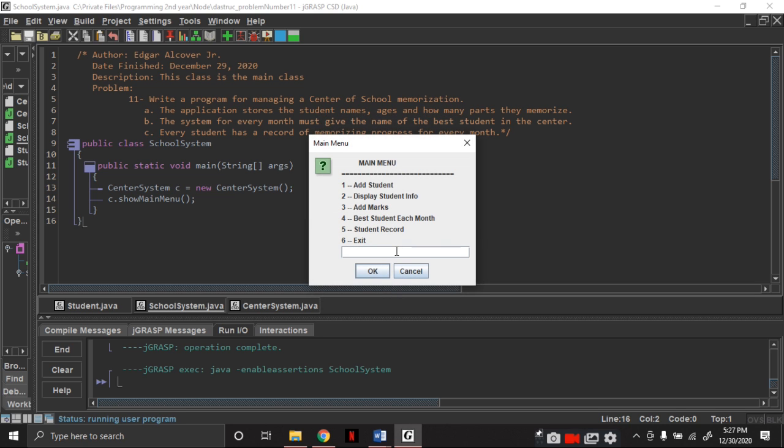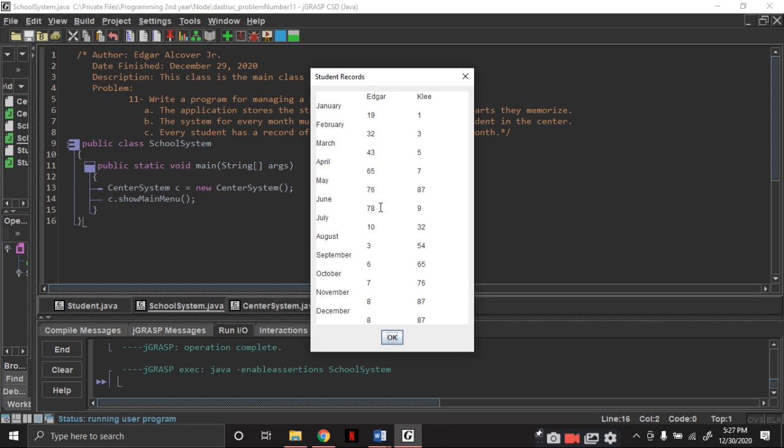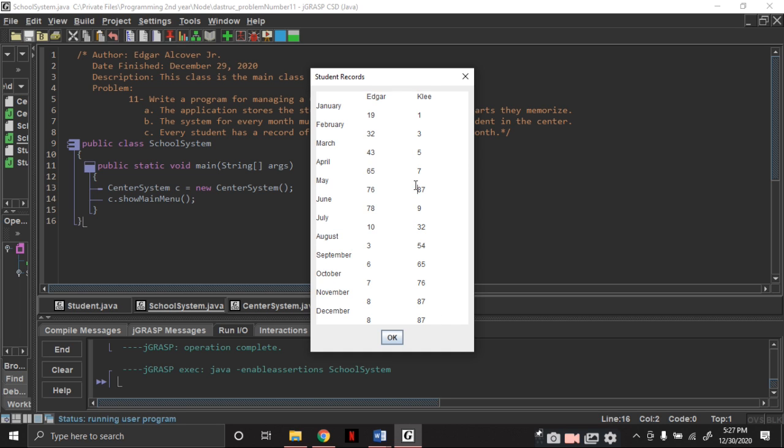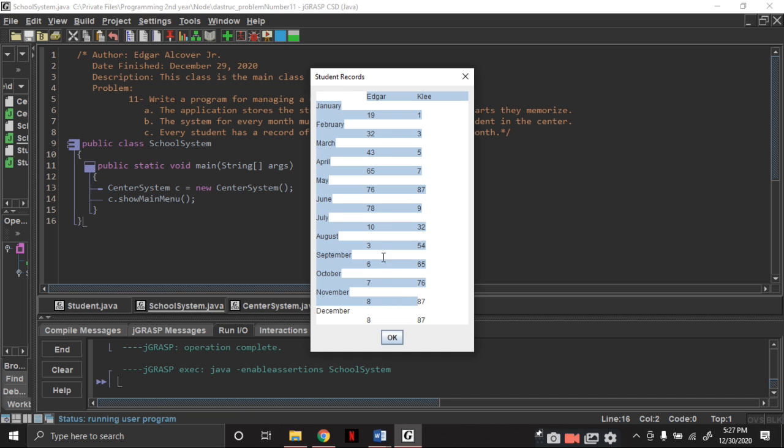Then the student record. As you can see here, Edgar. This is where I got it wrong, because I inputted 87 for Klee and 76 for Edgar. I'm sorry about that, guys. And this displays the student records and their progress each month.